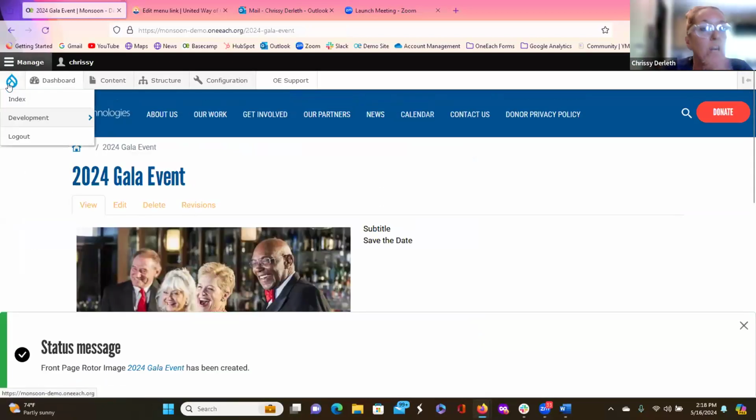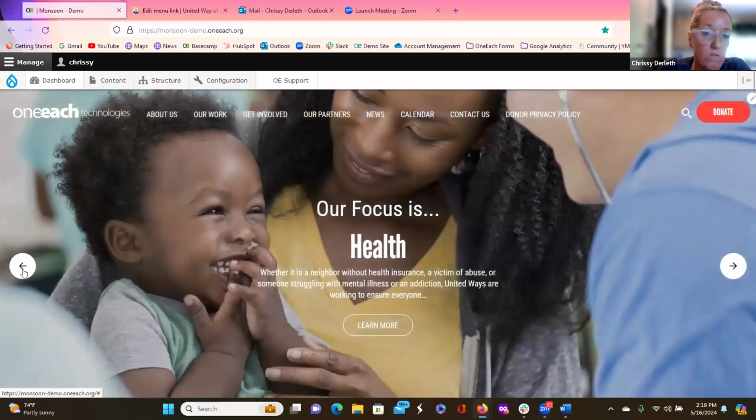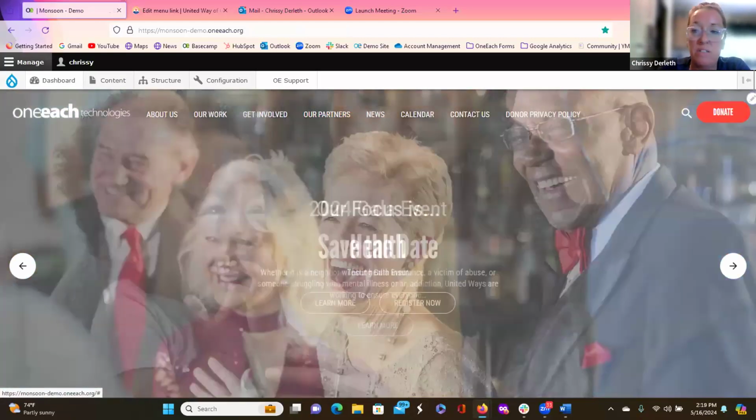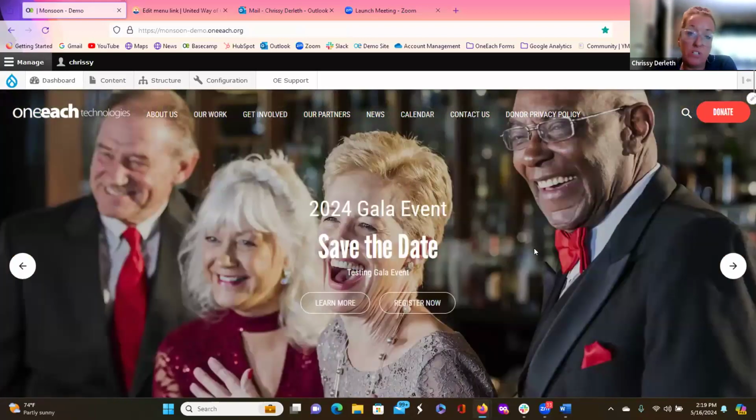And then when I go to look at the website, let's see, where did it go? Oh, there it is. Here is that rotor image. And then I want to show you too,